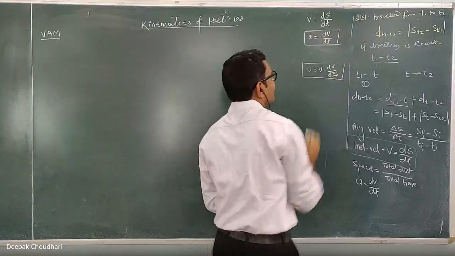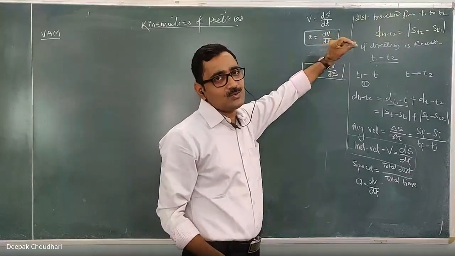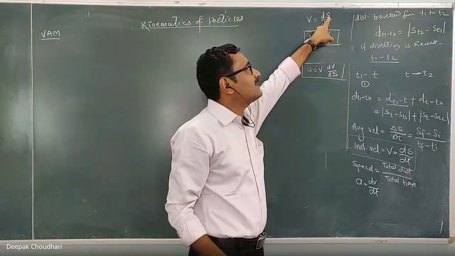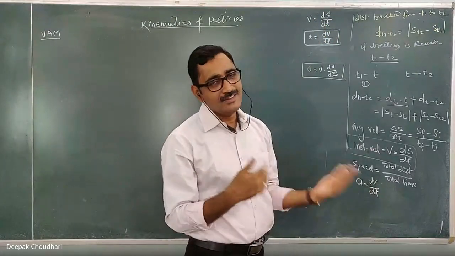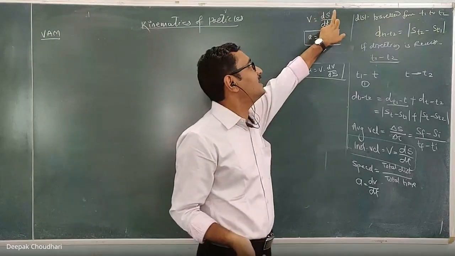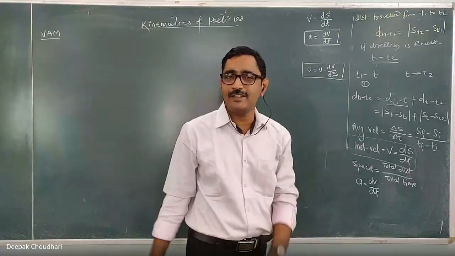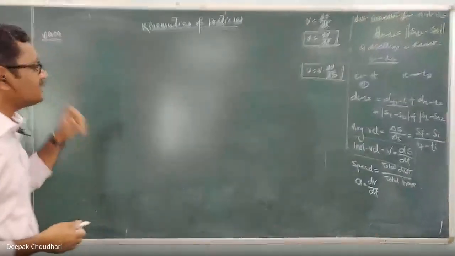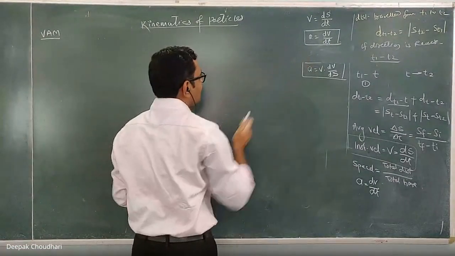Okay, just remember. It means that if we know the equation of velocity as a function of time t, अगर उसको differentiate किया तो आपको acceleration का equation मिलेगा. अगर displacement के equation को differentiate किया तो you will get the equation of velocity. Reverse is also true. If you integrate the equation of velocity, you will get the equation of displacement. If you integrate the equation of acceleration, you will get the equation of velocity. Understood? Now how to write down that equation, that I am going to tell you, and for that you have to remember these simple 3 points.